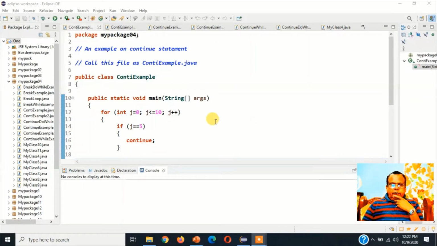Now we are coming to an example of the continue statement. We are using the same package, namely mypackage04. You know the process of creating a new class in a given package. That process is well known to you, so I am not explaining it again and again. We will directly go into the program. Look, package mypackage04;